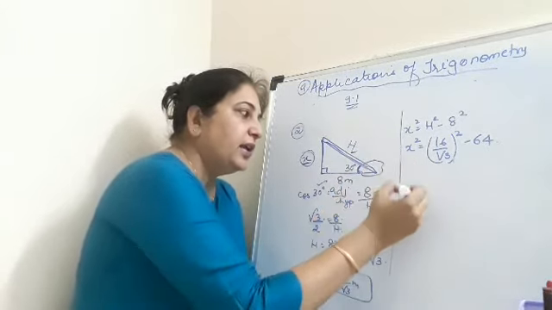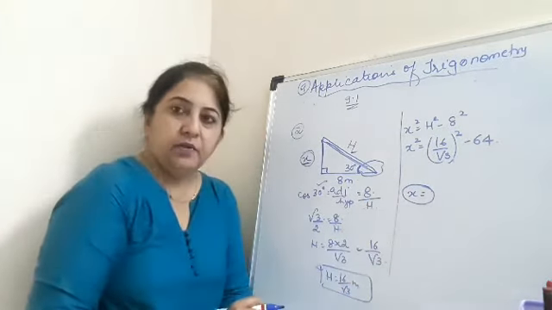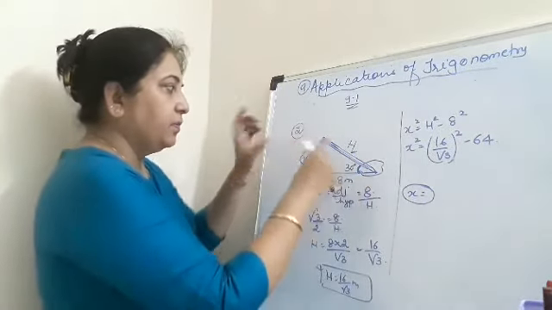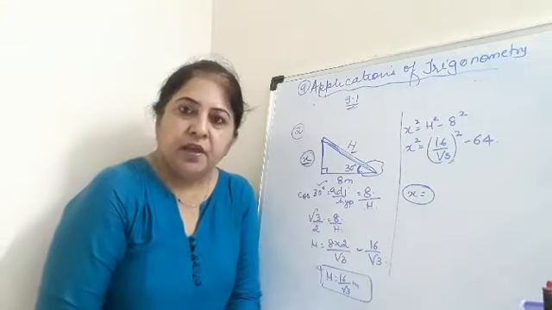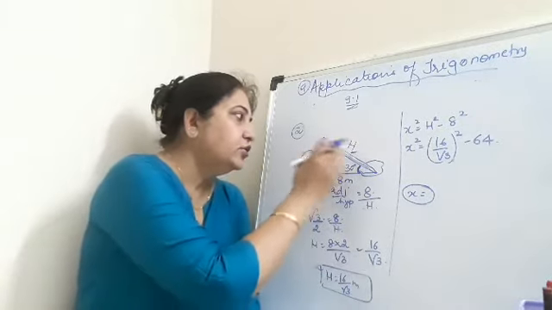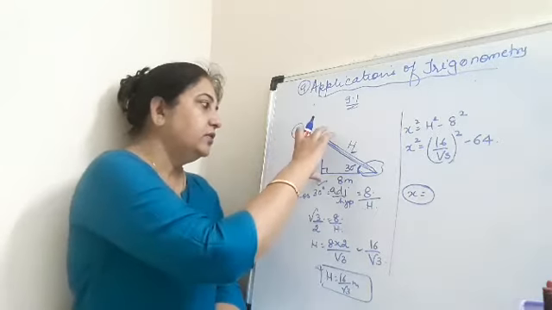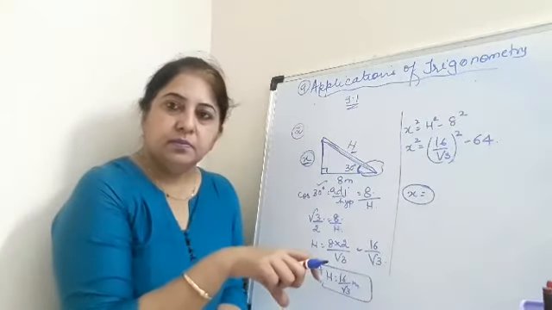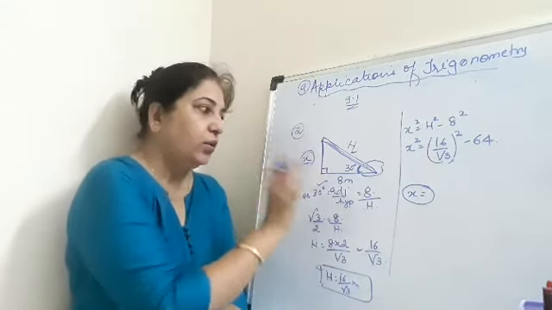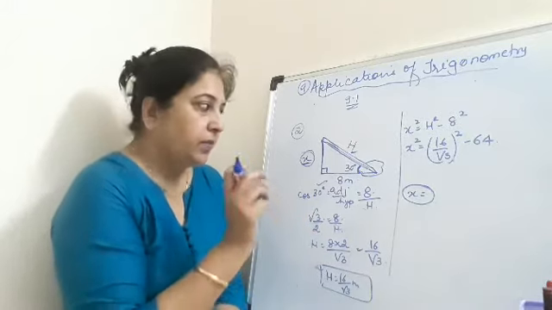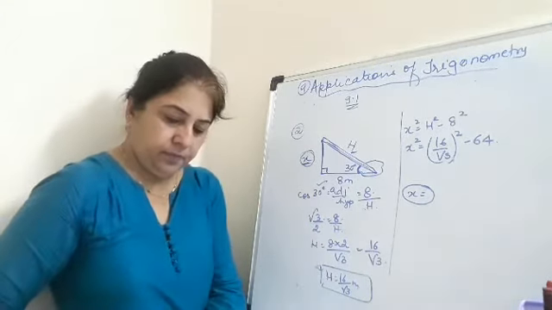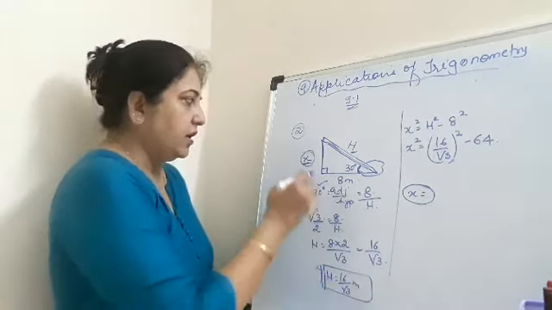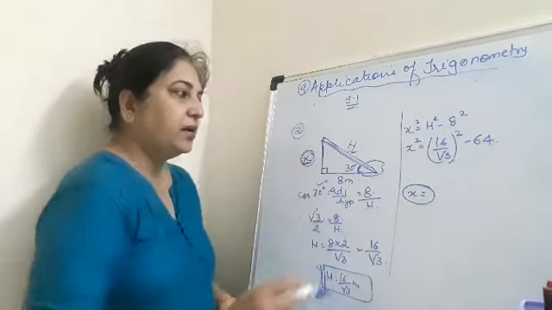When you get the answer for x, you will add this to the hypotenuse length, and that will be the total height of the tree. If they are asking for the total height of the tree, you have to add these two answers. If they are asking for the broken part of the tree, you will only write this answer. Or if they are asking from where the tree broke, then you have to find only x. But here I think they are asking you to find the height of the tree. So because we have taken out h, now you take out x, add these two answers and complete your question.